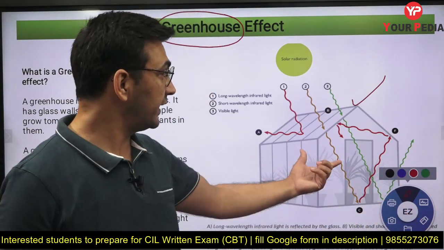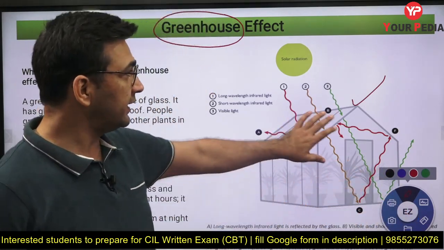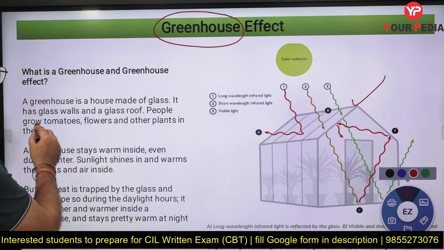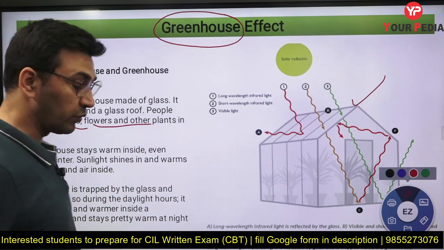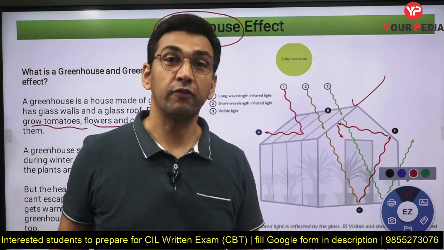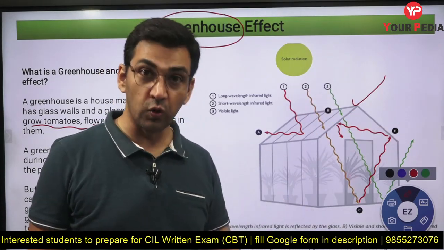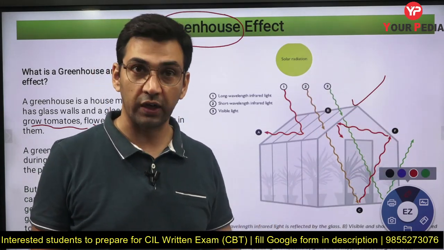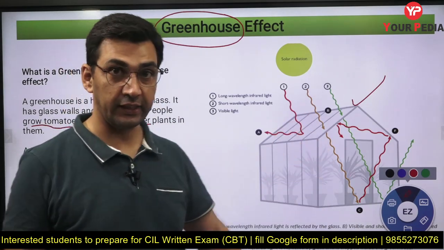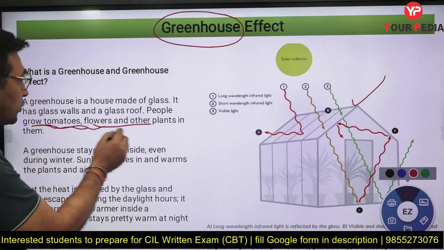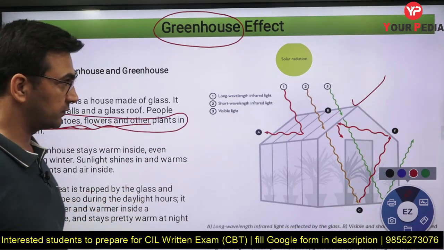Why do we call them greenhouses? Because normally these structures are used to produce plants and vegetables, particularly in those areas where the climate is too harsh, like a very cold climate. That is why you mostly find them in the hilly areas, right? So that is why the name came as greenhouse. That means they are mostly used to produce green plants and related things, right?